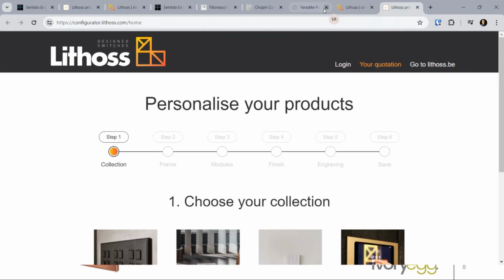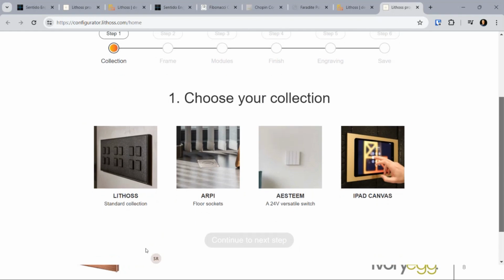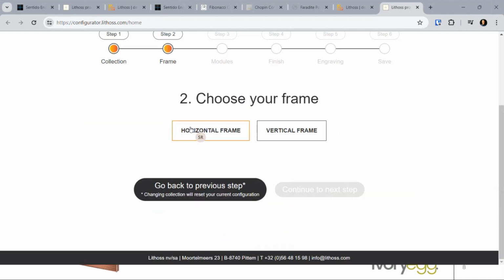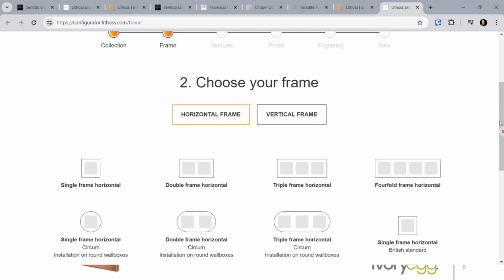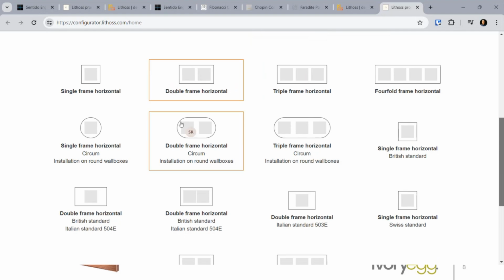Now on the configurator, you go to the configurator through the Lithos portal, but again, in our follow-up email you'll be able to see the links. So here you can choose your collection. Say the majority of the keypads are going to be the Lithos standard. Let's say we want to do a horizontal frame. You could do a double frame, a triple frame, whatever you want. You can even make them round again, like I showed you with